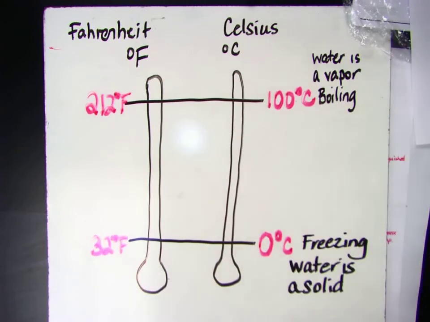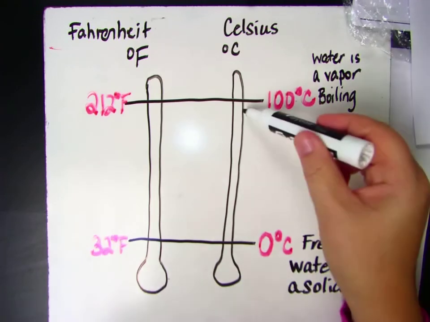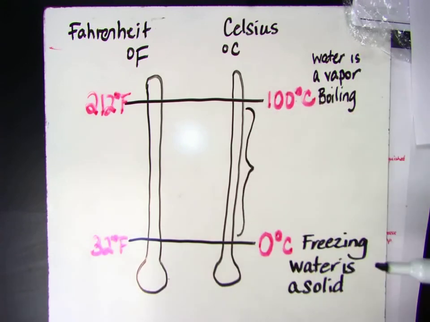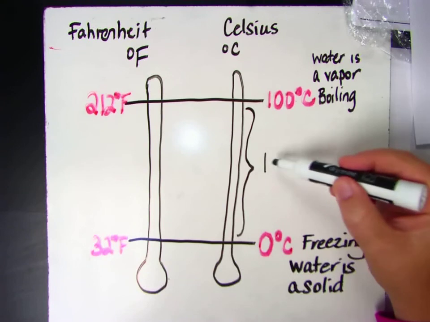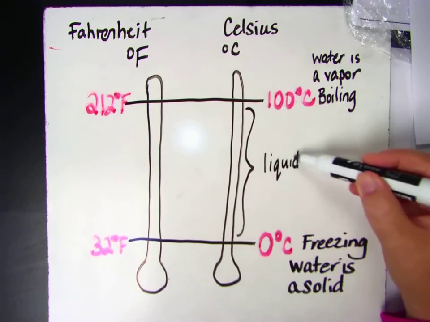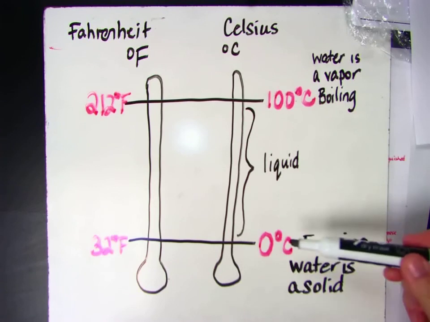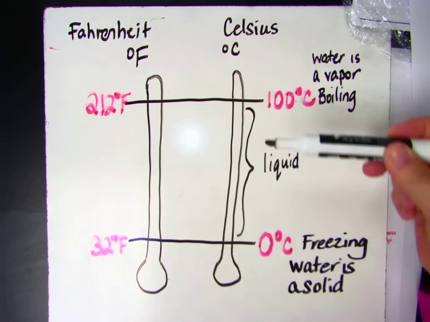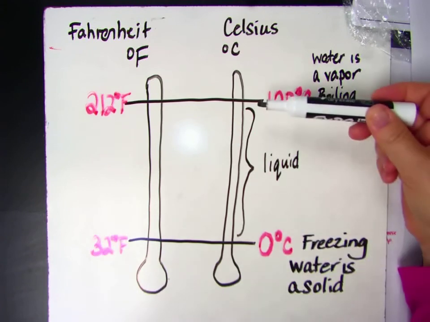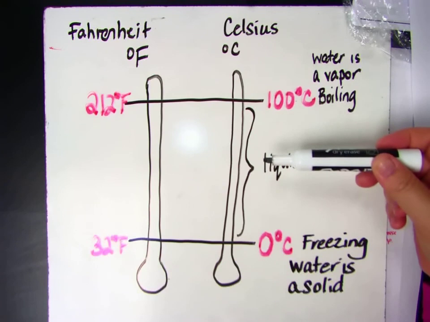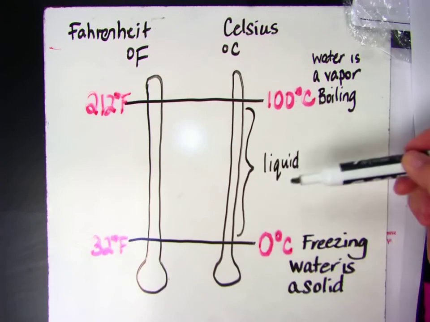And what we need to know for our purposes is that in between each of these temperatures, water is a liquid, okay? So if you are posed a question with a certain type of matter being at a certain degree, freezing or solid, and then the matter is at another temperature, that it's a vapor, you need to remember that the temperature in between is the point at which that matter will be a